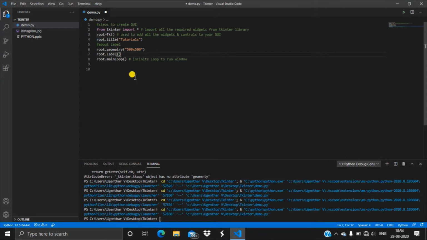I should use the master, which is called a parent or root for the Tkinter library. I have used the master root, and then we can use many other options like text, background color, foreground color, and also border width. You can add anchors, images, bitmaps, cursors, etc.